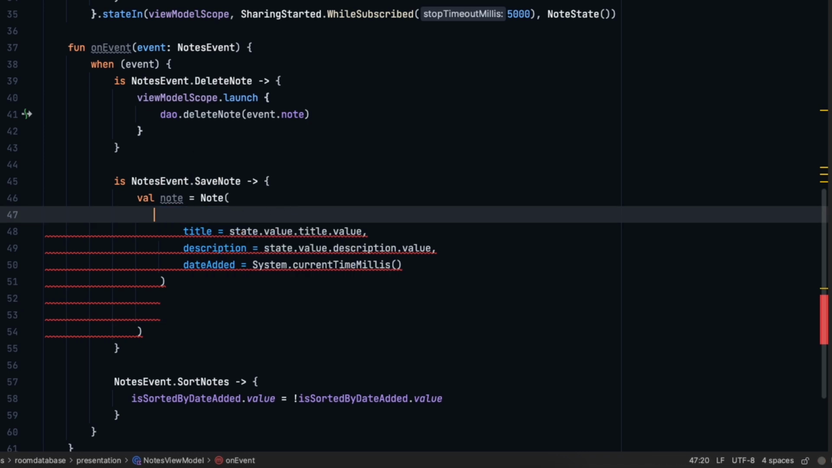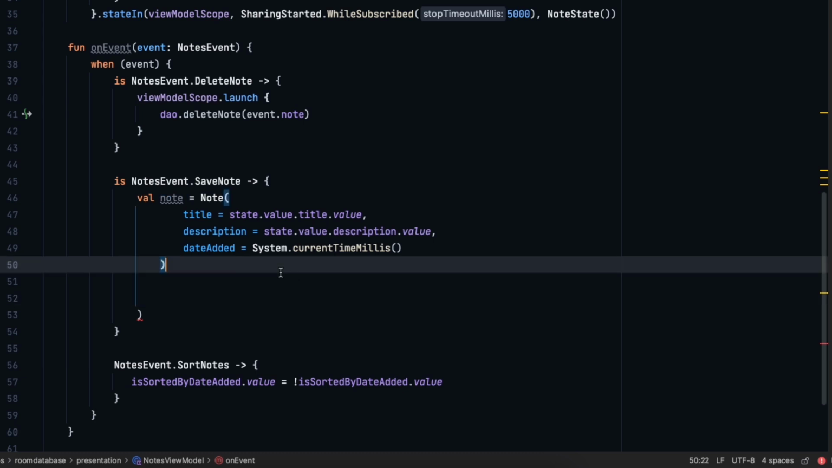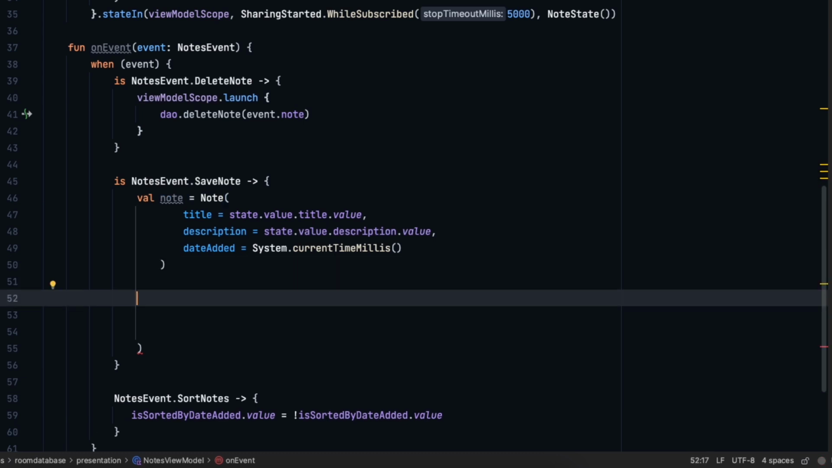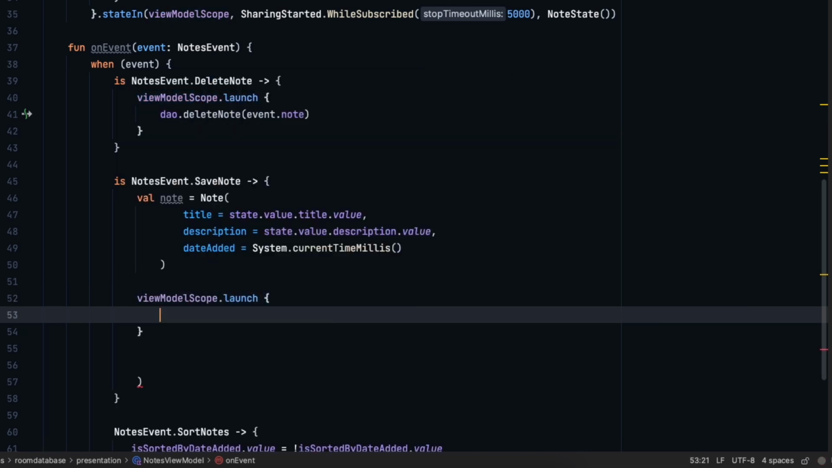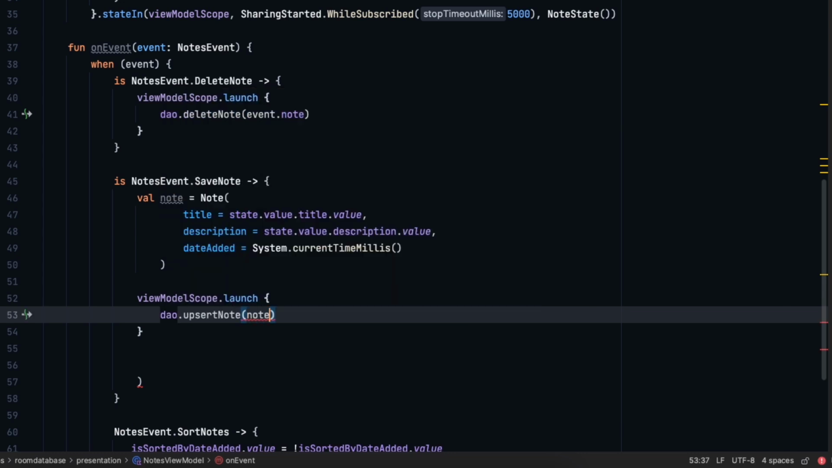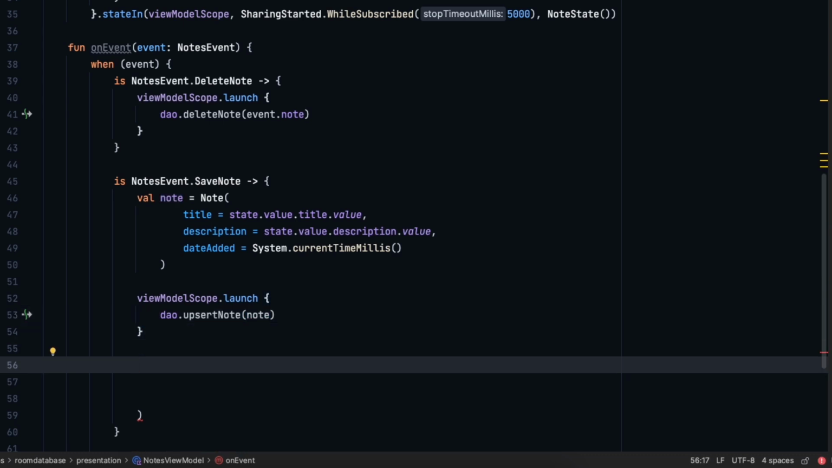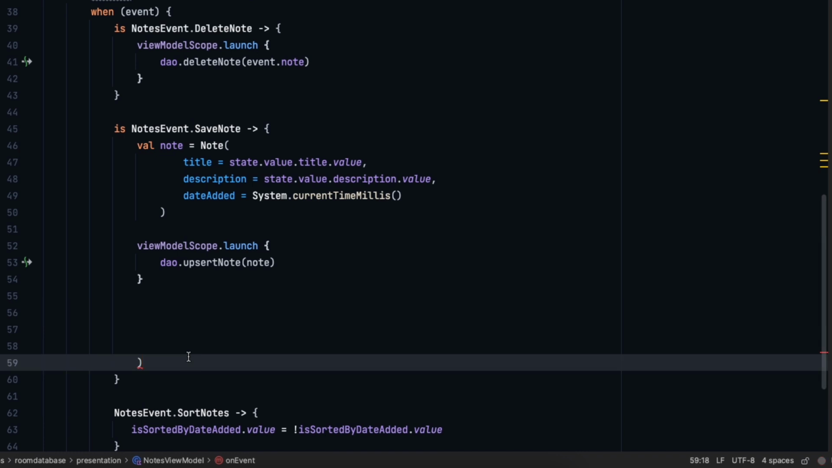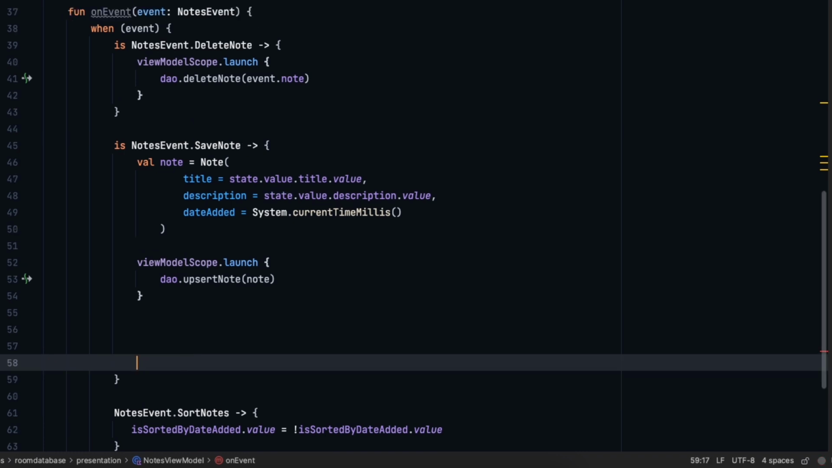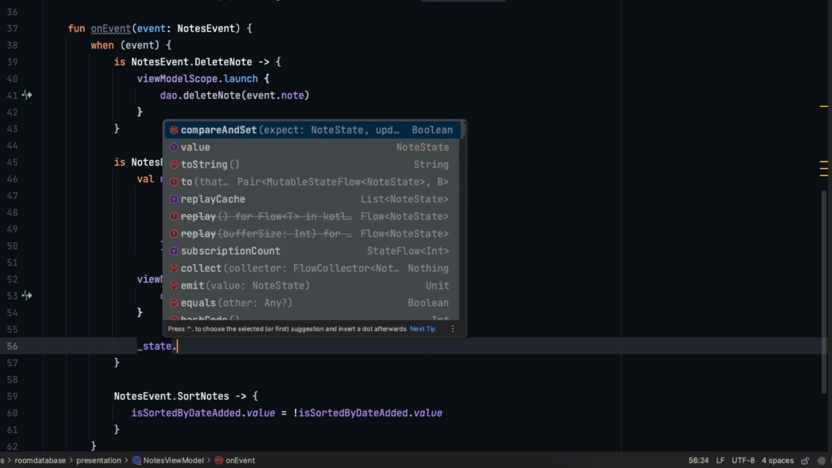I should remove this line to remove the error, and then let's insert the node. So again, viewModelScope.launch, inside it we're going to call our upsert function, so upsert the node we've created, and then we want to update our state. Remove that bracket, state.update